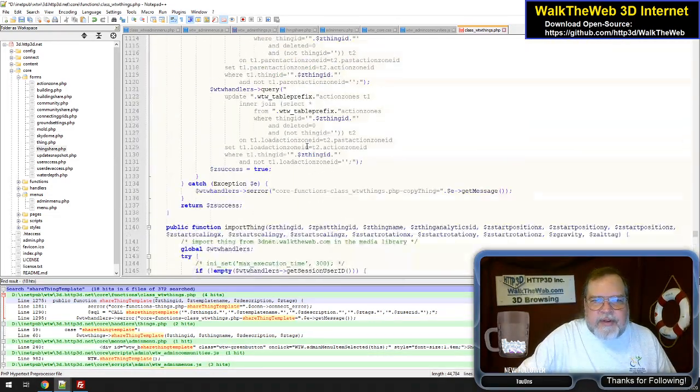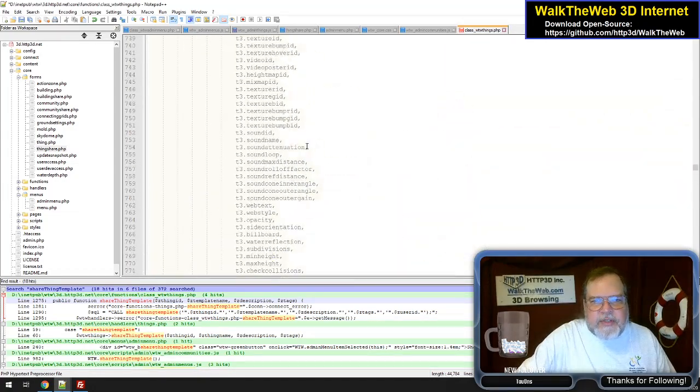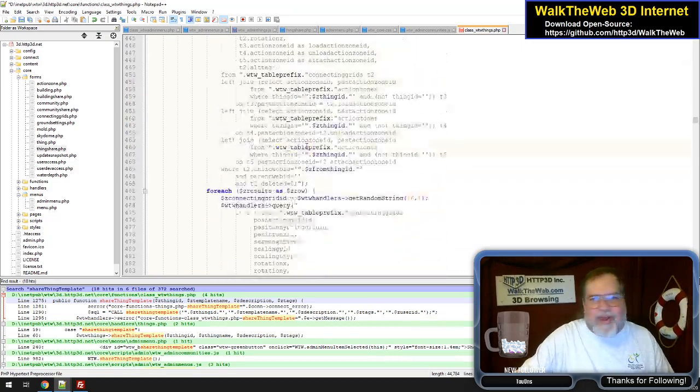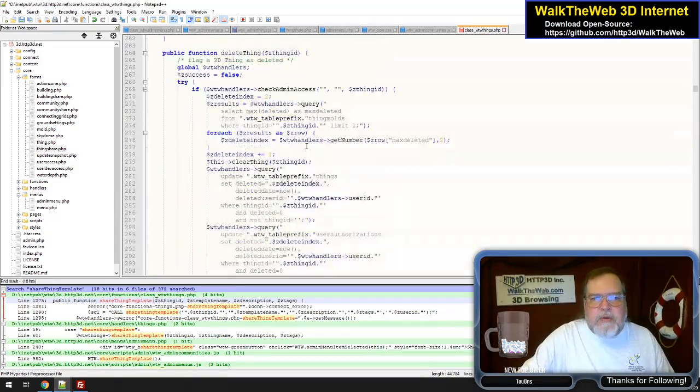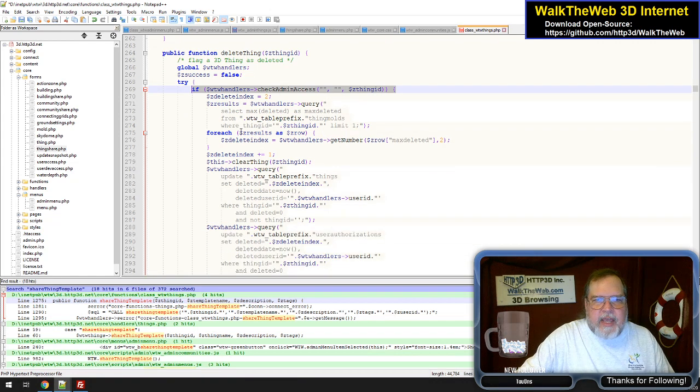There's a couple things I'm going to do. First thing is only certain people are going to be able to do this process. You can't share something if you don't have author right to it. So let me back up here to delete things. I check admin access before you delete things. So I'm going to do the same thing here with passing the item to it, and